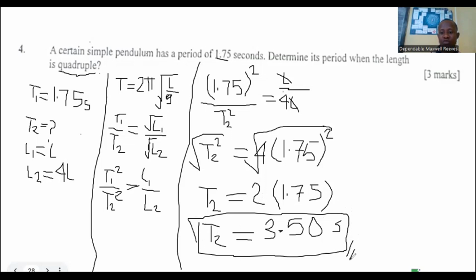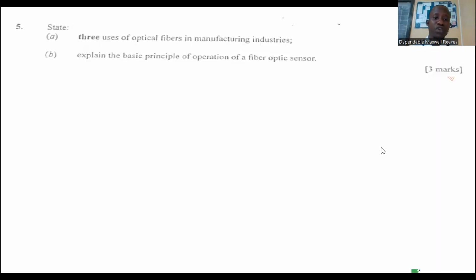Let's move to our next question. Question 5: state 3 uses of optical fibers in the manufacturing industry. Now, an optical fiber is a thin and flexible glass rod or plastic rod. In fact, it is so thin and flexible that it can easily pass through the hole of a needle. Optical fiber comprises 2 major parts: the core, which is the central part, and the core is surrounded by the outer layer called the